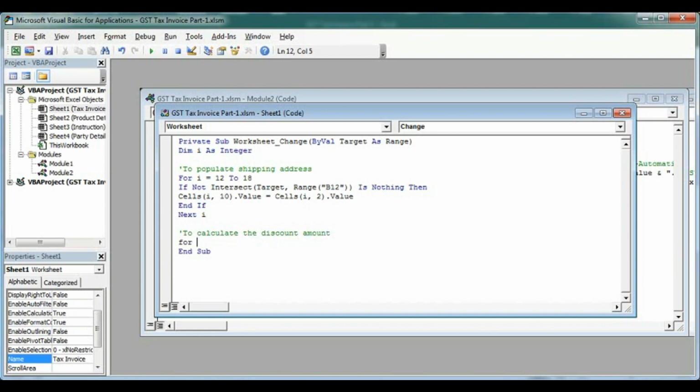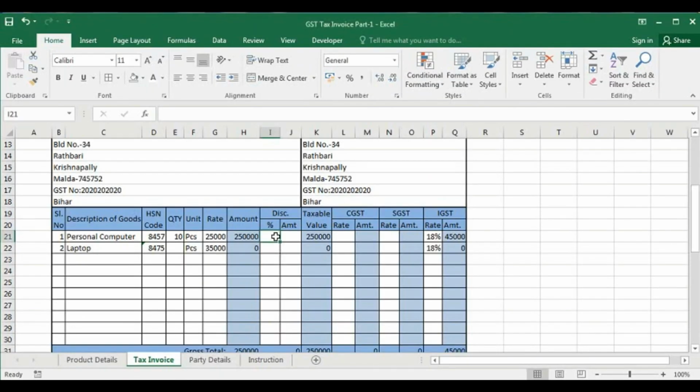So here For I equal to 21 to 30, because we will type the percentage from row number 21 to 30. So this is I21 to I30.